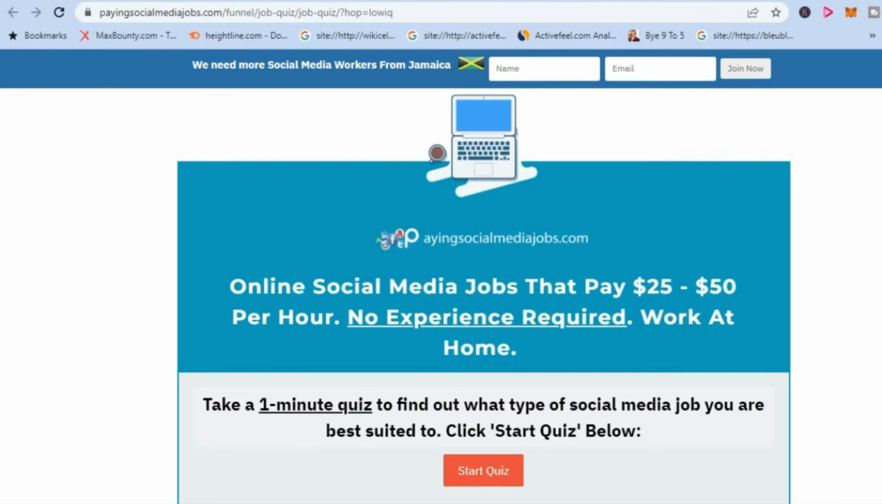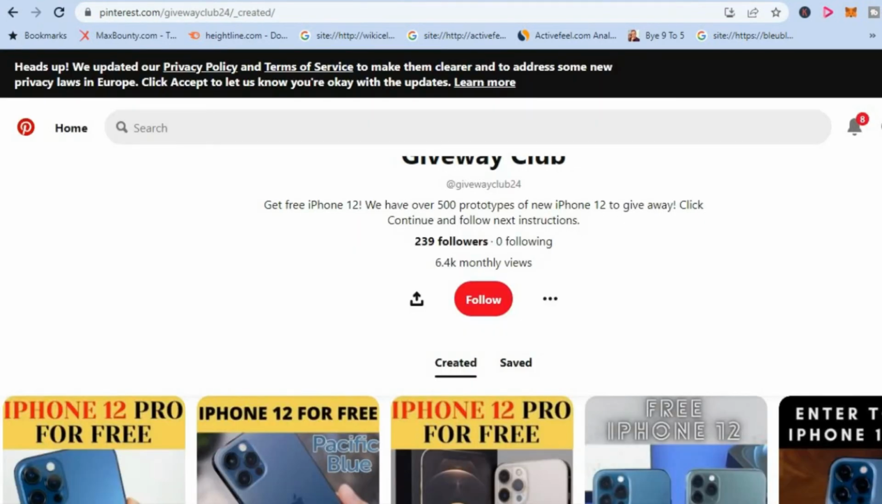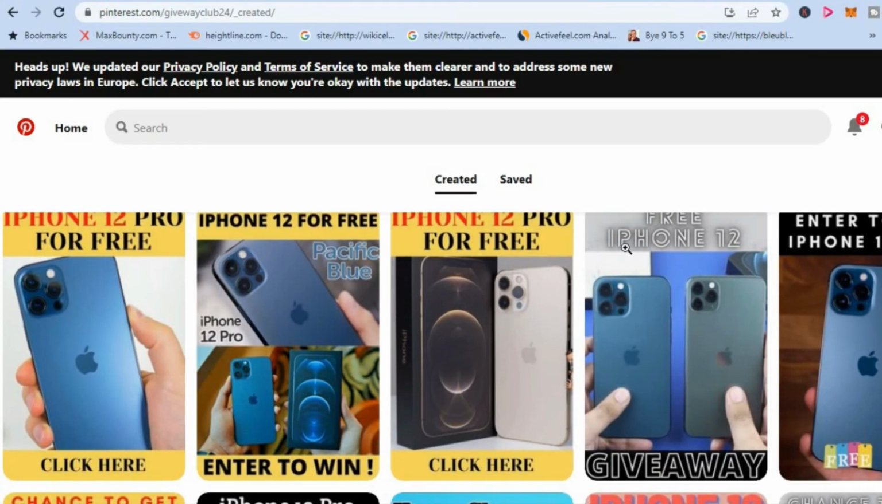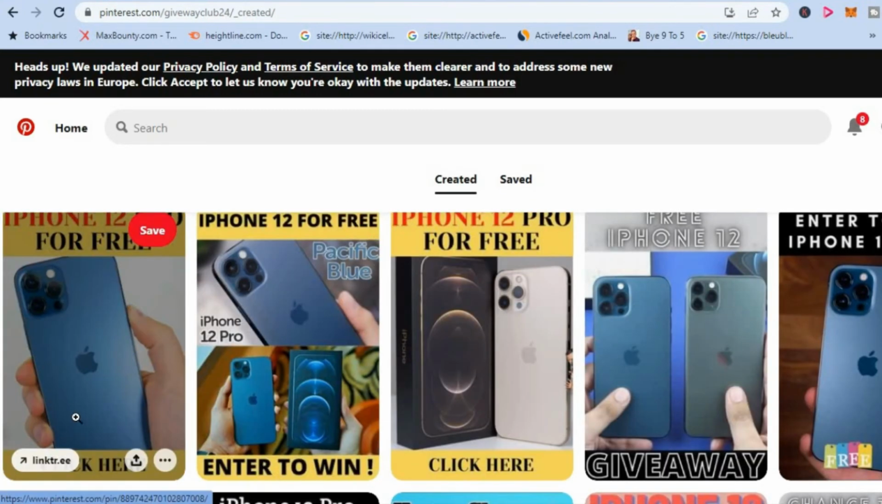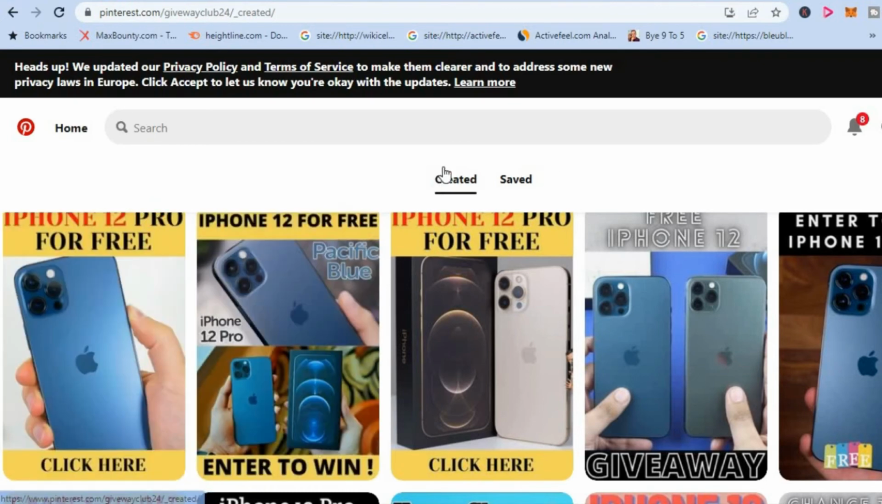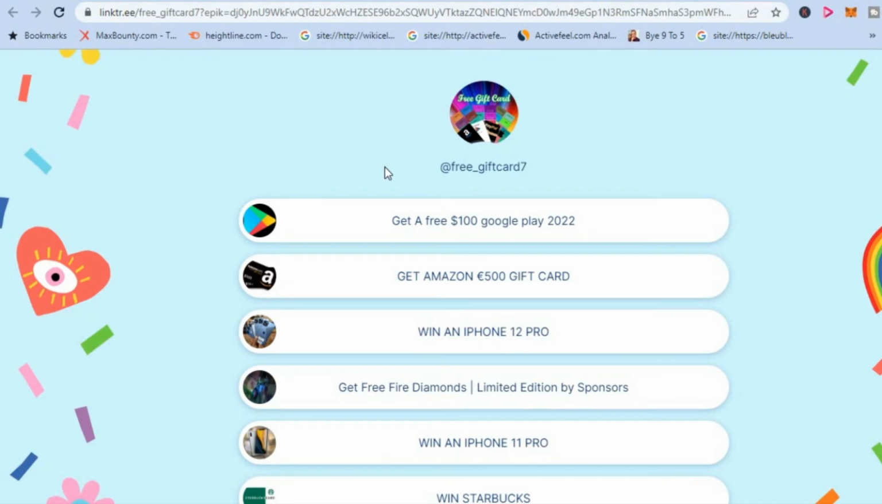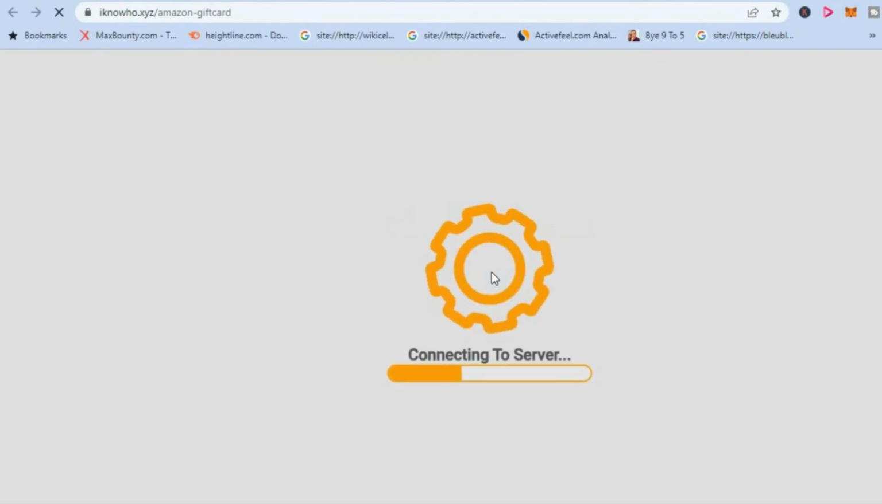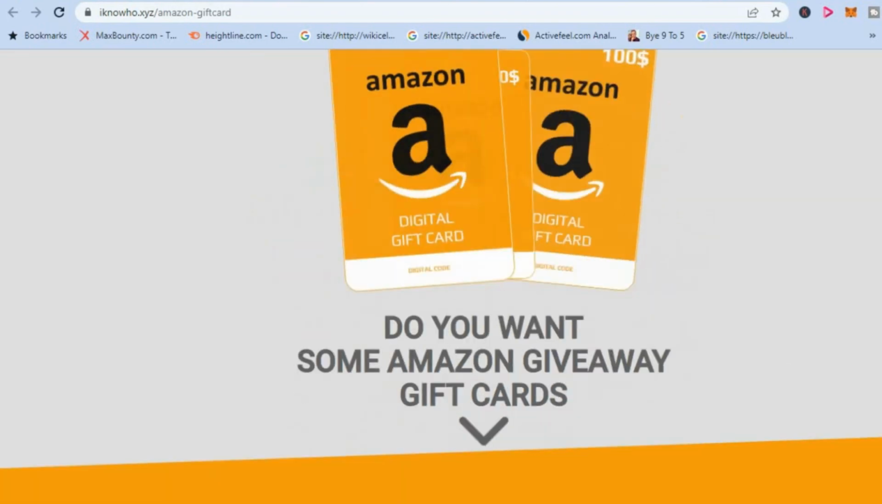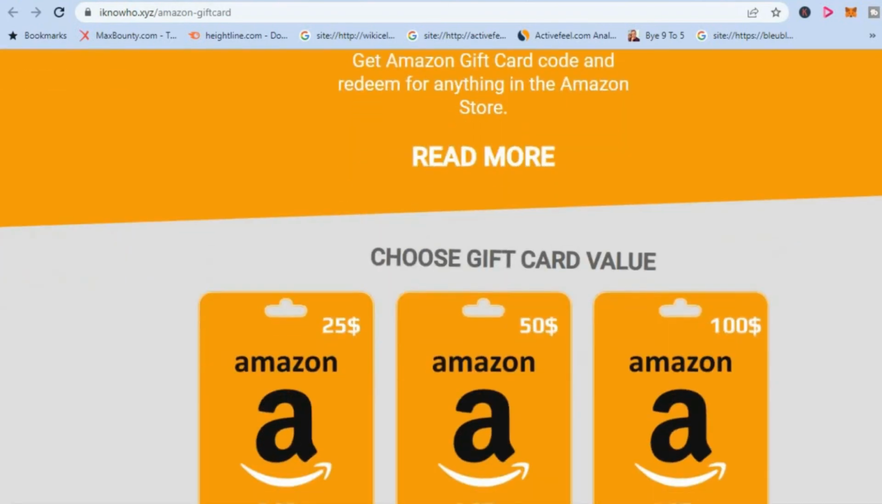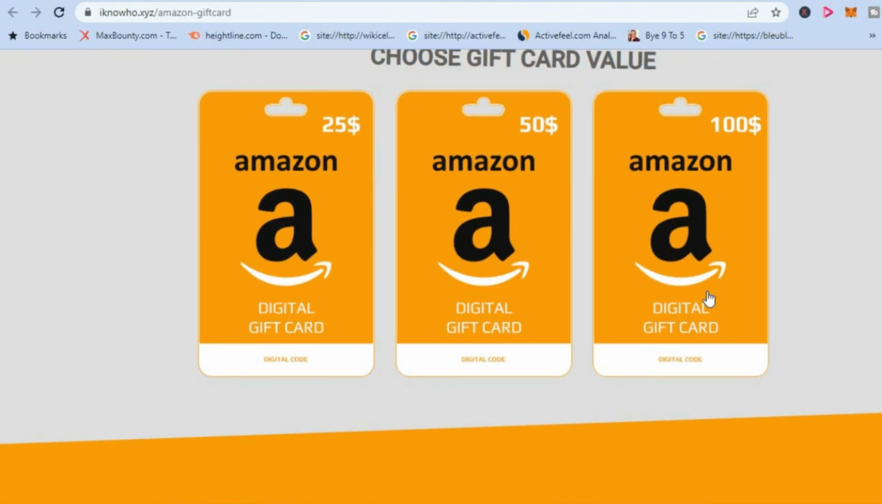And again, if I were to go back to Pinterest, as you can see here, the person that is doing the free iPhone giveaway, and all of them you can see uses LinkTree. And if I were to tap on their LinkTree link, it would carry me to this page, on which they are doing a free Google Play giveaway and also Amazon gift card giveaway. And if I were to tap on any one of them, it will open up a CPA link, as you can see here. And again, it will be asking me to more than likely enter my name and email address. You can simply choose one,